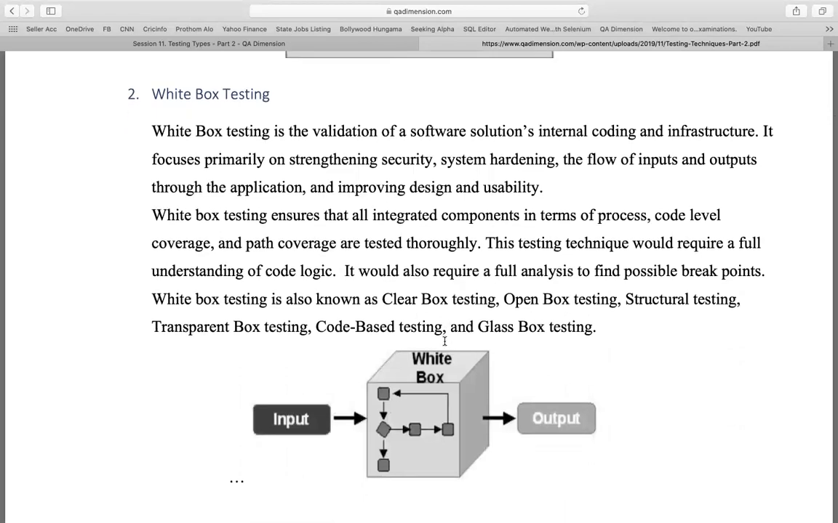Okay. White box testing is the validation of a software solution's internal coding and infrastructure. So you need to know how the code is written and how it is interacting with another piece of code, and all those different technical information you need to know. So when you have to do this testing,